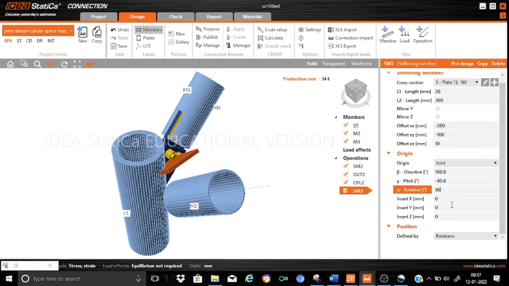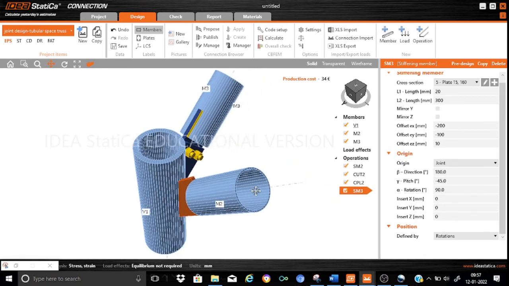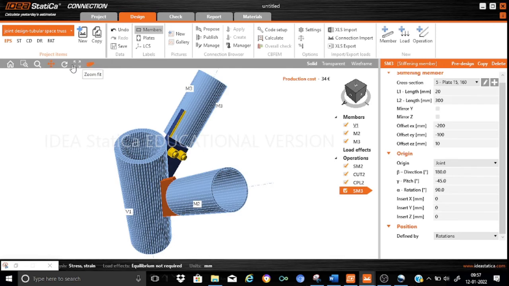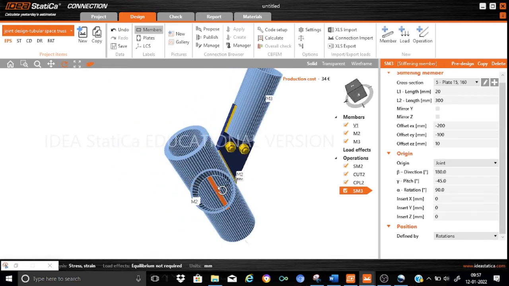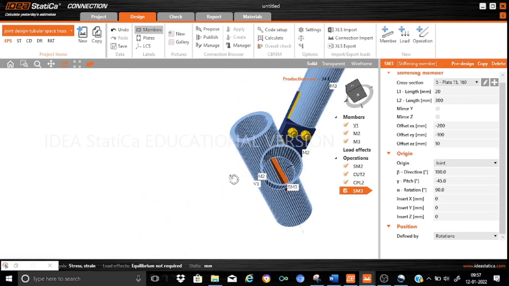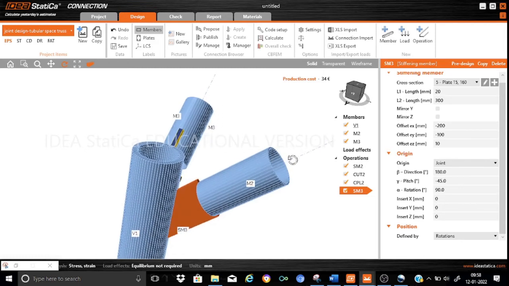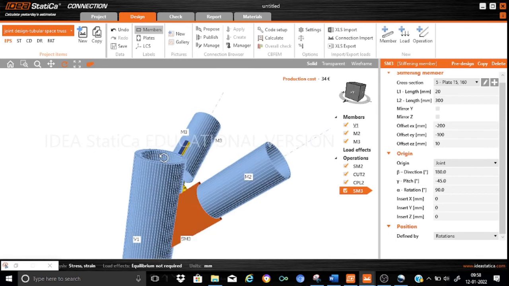So now we need to change the orientation. Look here, because it seems that it needs to be properly oriented. Yes, so let us just rotate it. You can see that the stiffening member SM, meant for the tube member M2, is aligned properly. That needs to be checked from the orientation angles. Having done that, you know that it is also going inside this vertical member V1.